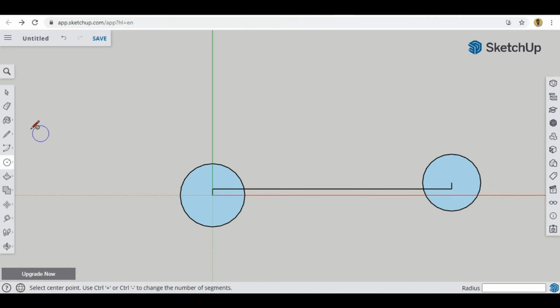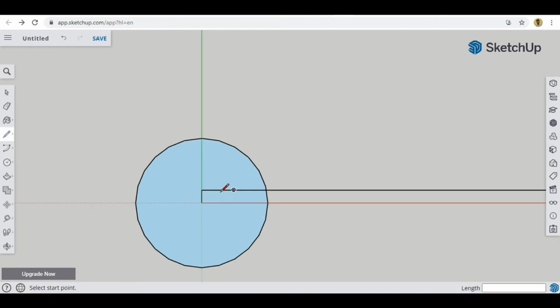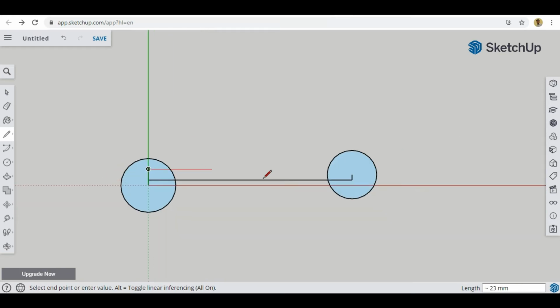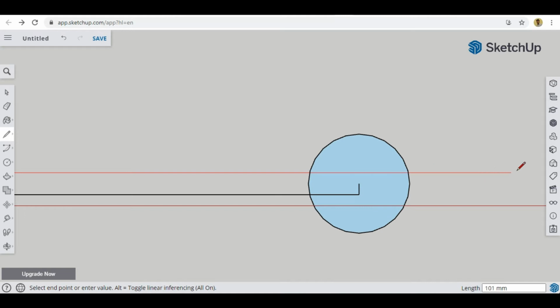Okay, first we will take any point over here. Okay, so let's take this point only. Okay, so we will go 4 millimeter upward and then I will go straight. Again I can go straight up till here, or I can stop here somewhere.